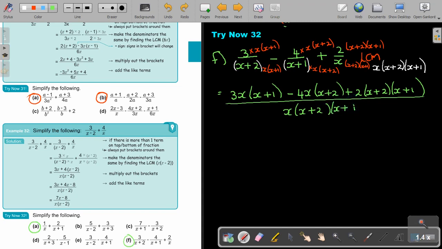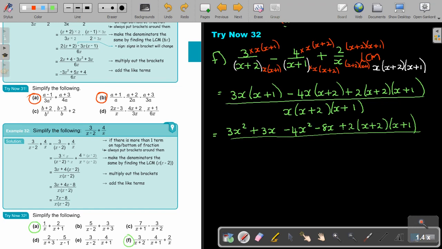Okay. Now, what are we going to do? This is number 32, and this is number F. So now I'm going to start multiplying. So in this case, it's going to be 3x squared plus 3x minus 4x squared minus 8x plus 2 bracket x plus 2, x plus 1